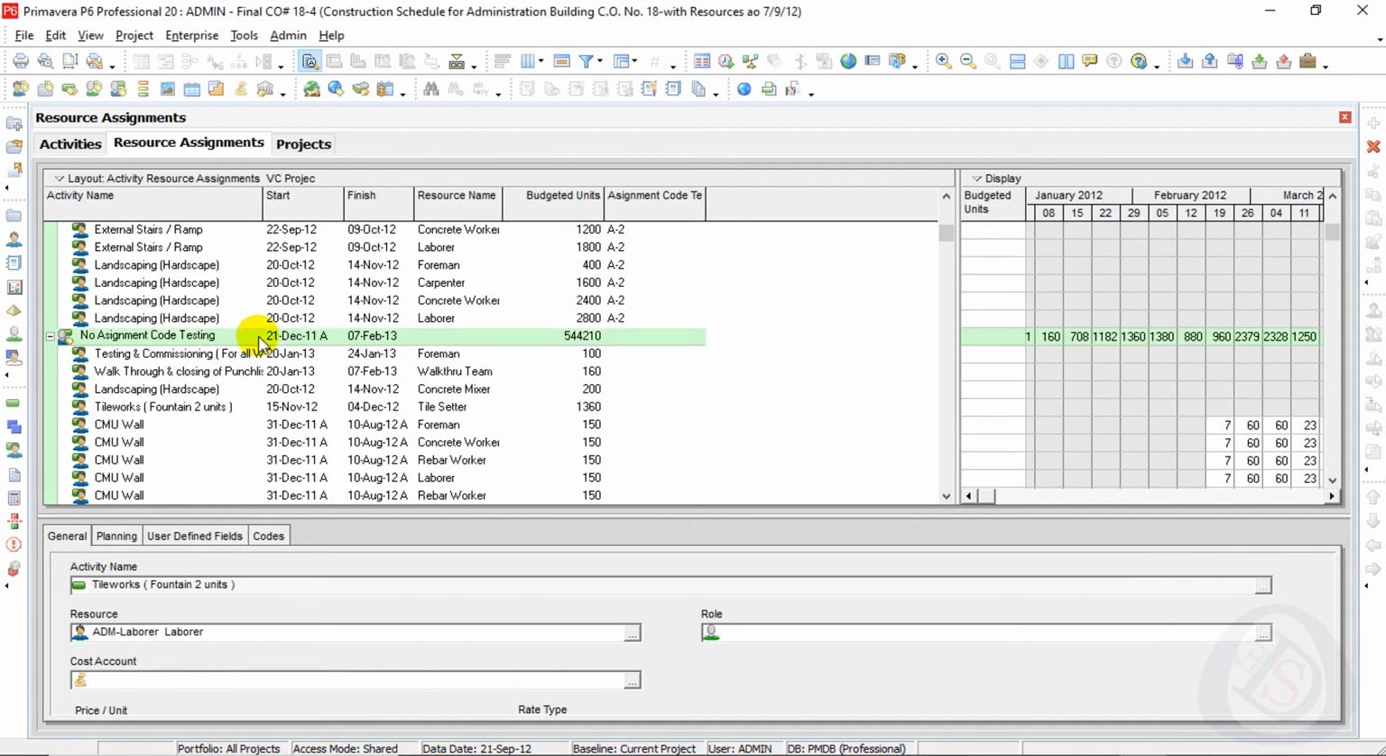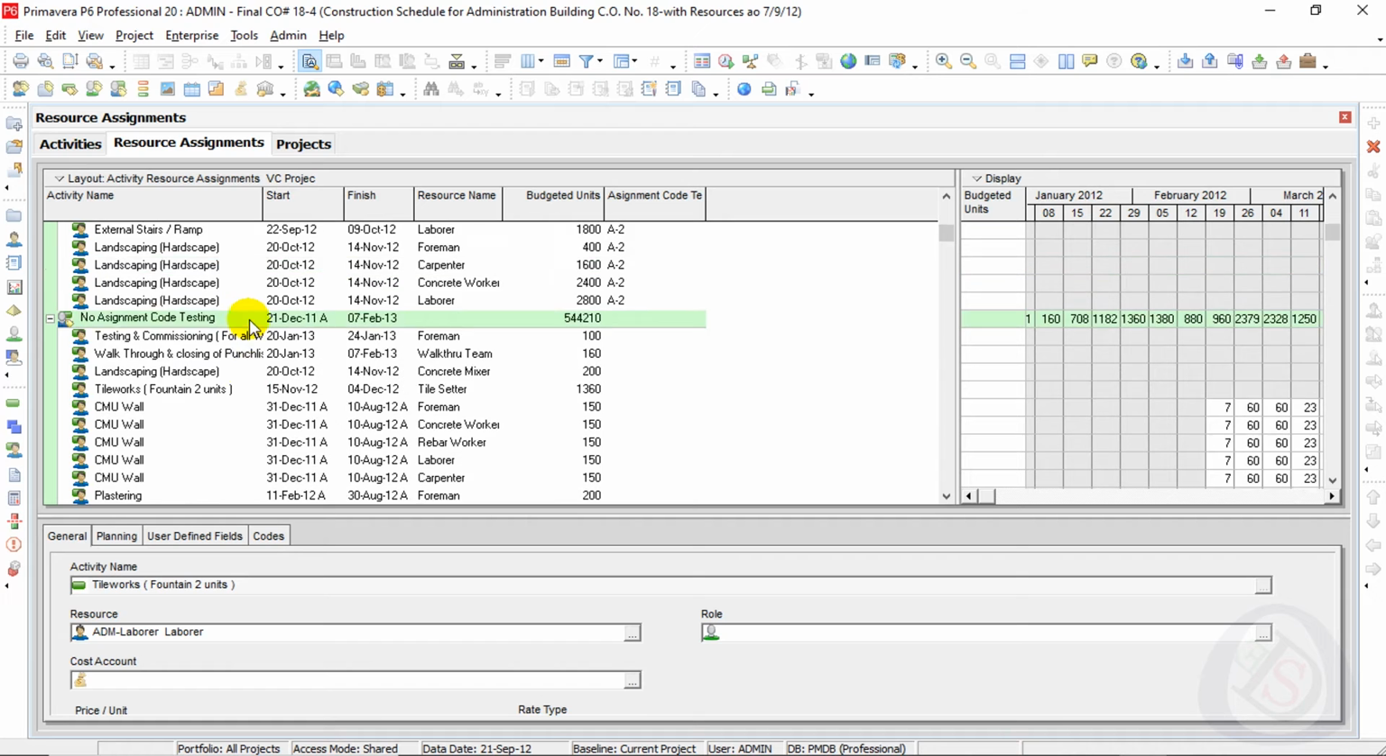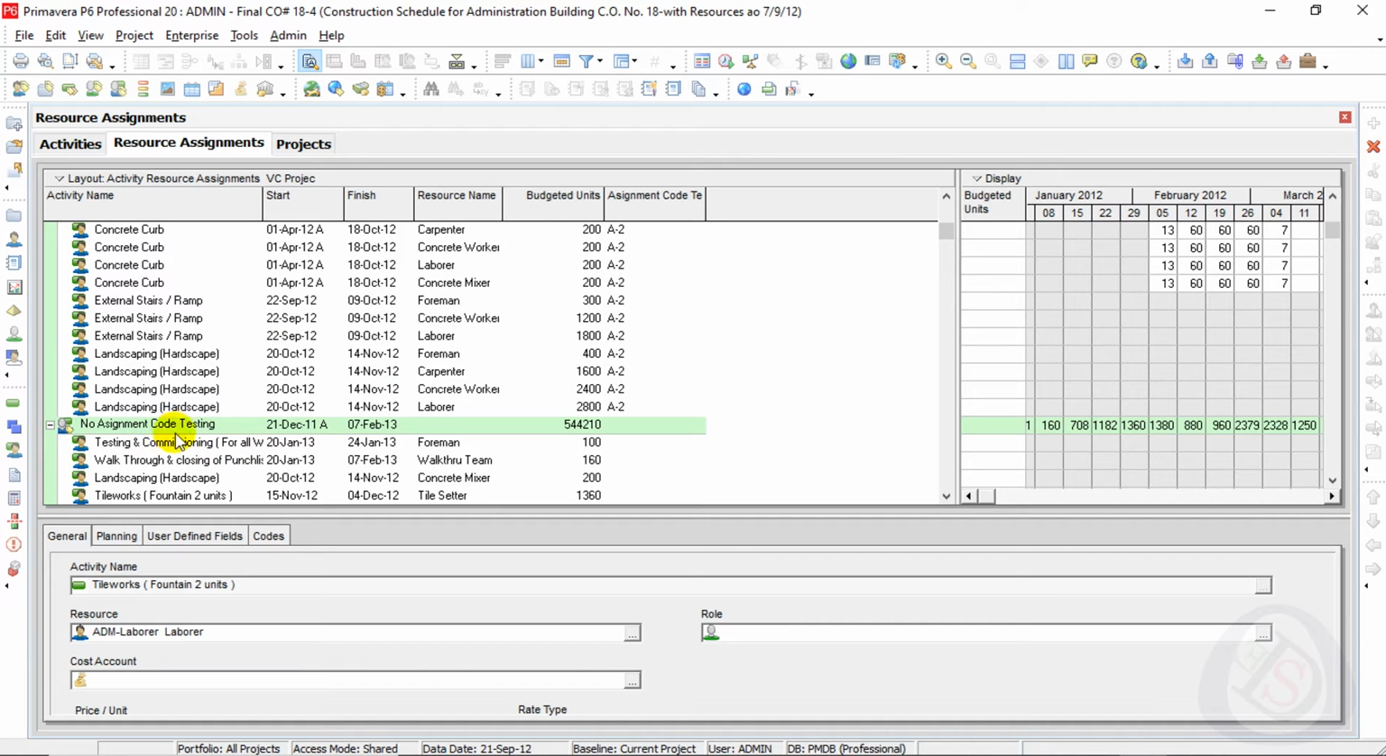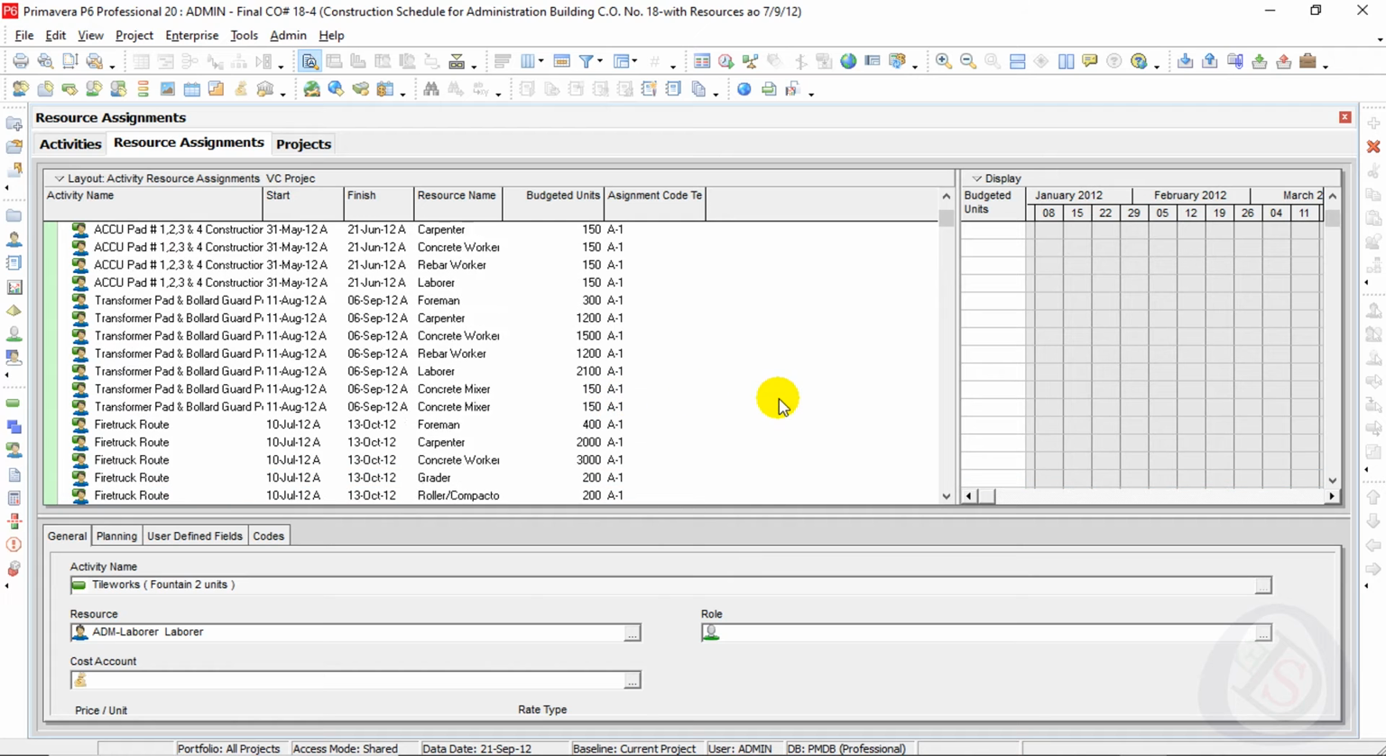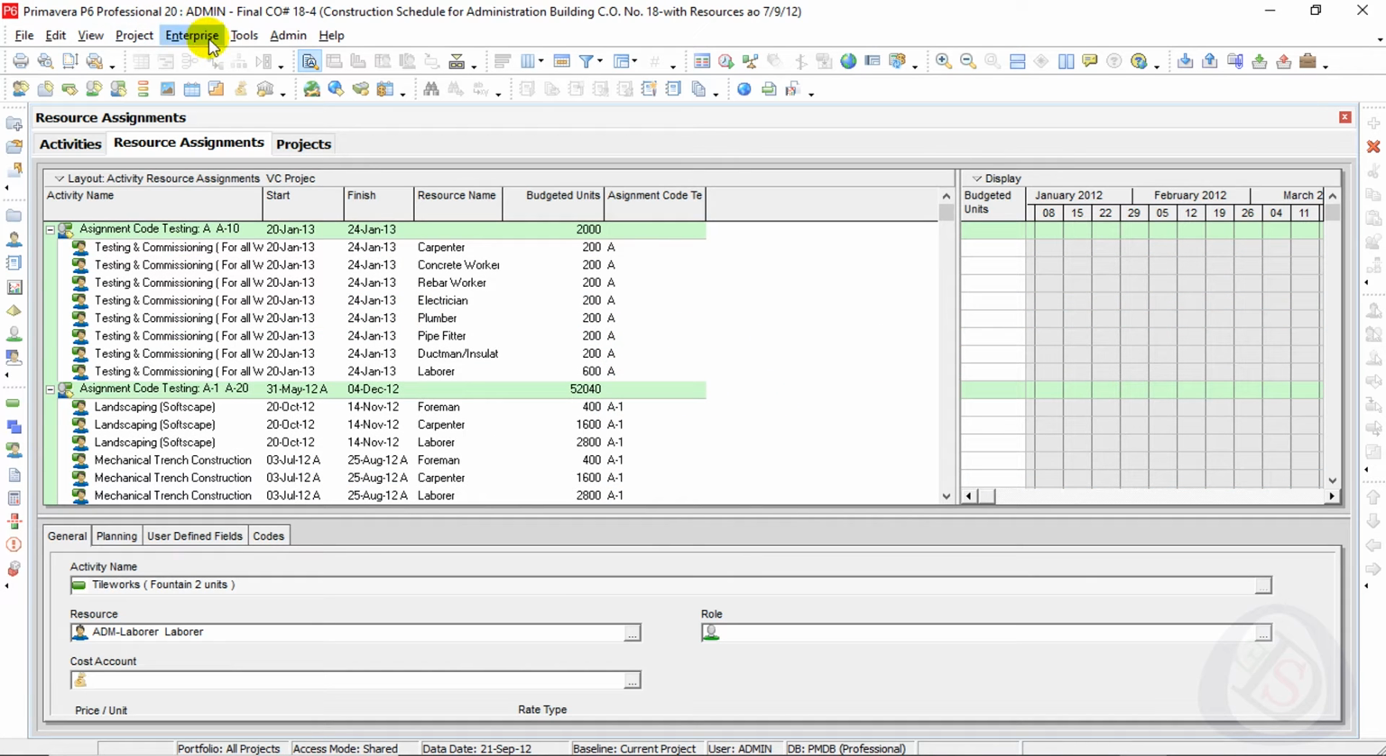and the remaining will also be shown here. No assignment code for testing here. So you can also group and sort by all assignment codes. Also you can use here